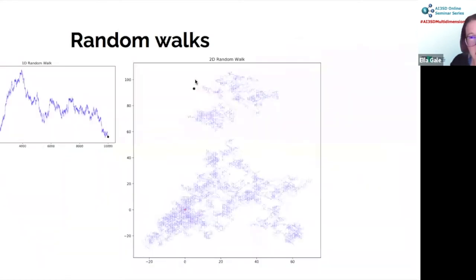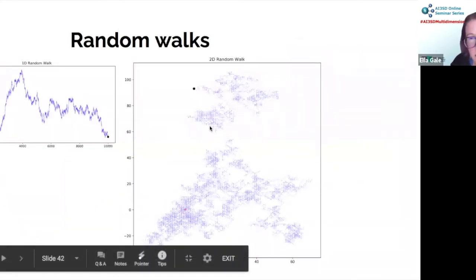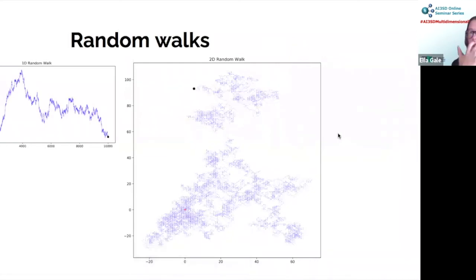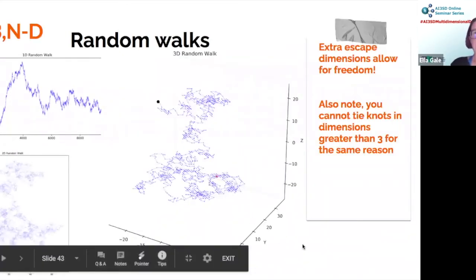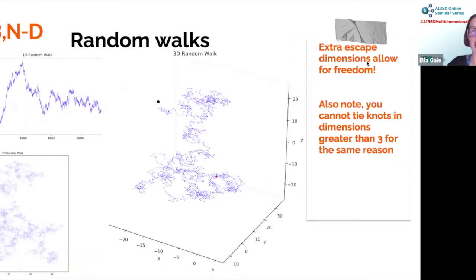In 2D, first you can see the random walk, there's more space. And secondly, you can get stuck in 2D, but if you imagine again you're in the queue for the post office, you can move out of the one dimension of the queue into the second dimension, sneak around, come back in. So you can use that to avoid the queue. You'll get tutted at, of course. In 3 dimensions, the interesting thing is, as the dimensions increase, you have these extra escape dimensions, which is a great term. And this allows the walkers to escape, and that means you can't get queues in higher dimensions.